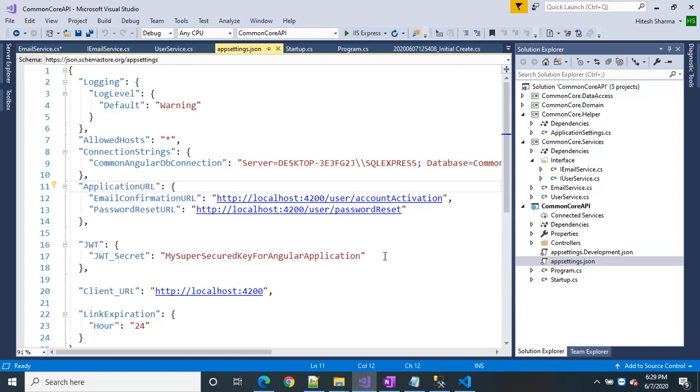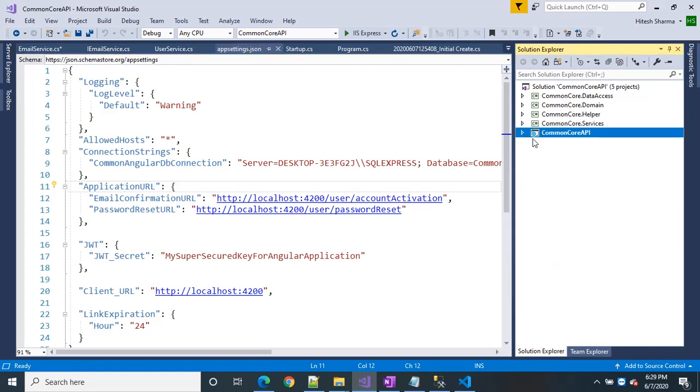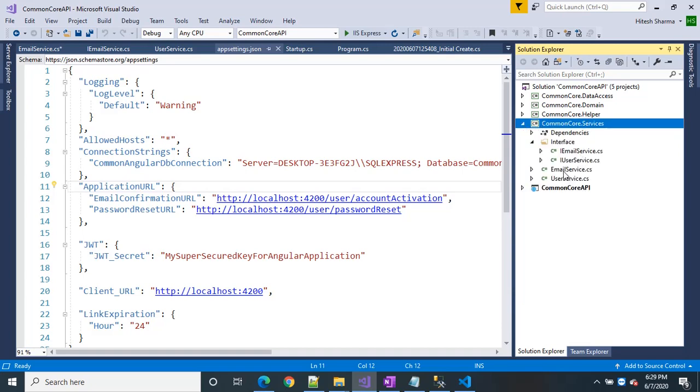Like if you want to access something in the service layer which is not part of the core API, for that we have created a helper library. Let's see how it works.